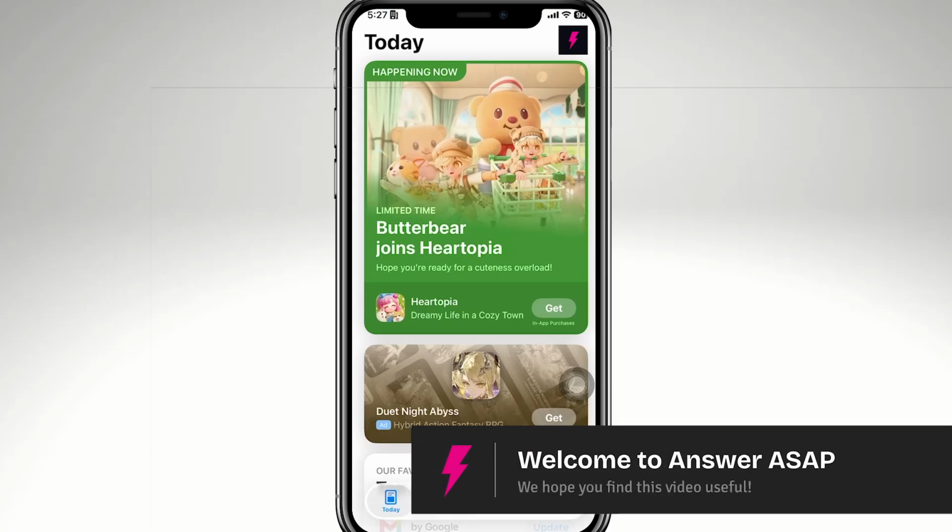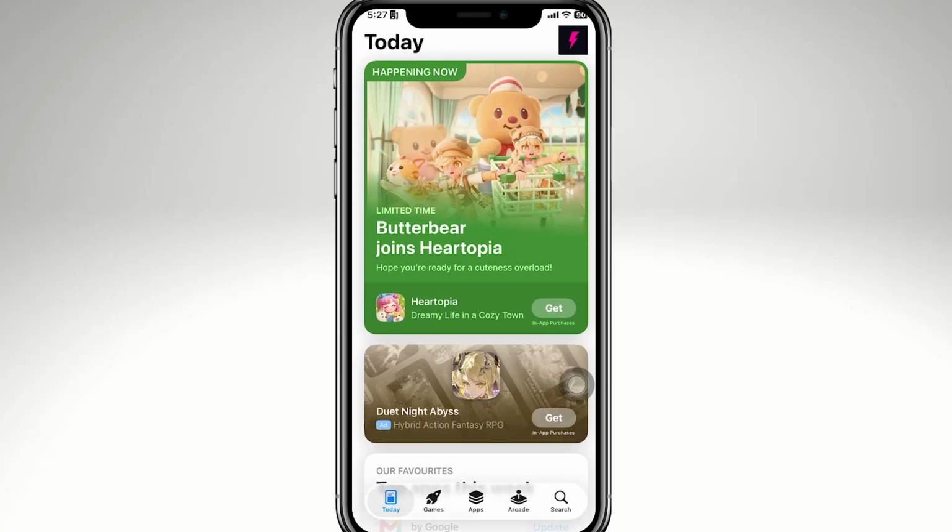In today's video, we are going to show you how to install EXNESS on your iPhone. Let's begin. Now, the first thing that you need to do is start by unlocking your iPhone and opening the App Store. Once you are in the App Store, tap the search icon located at the bottom right corner of